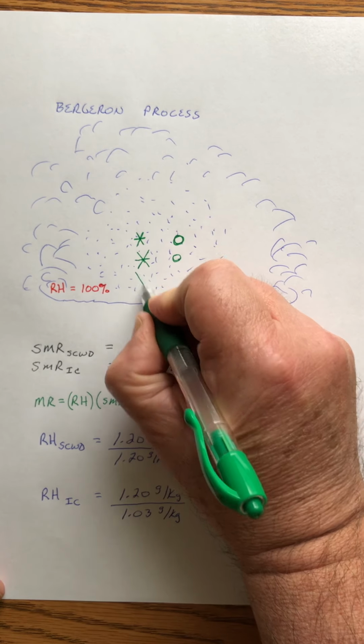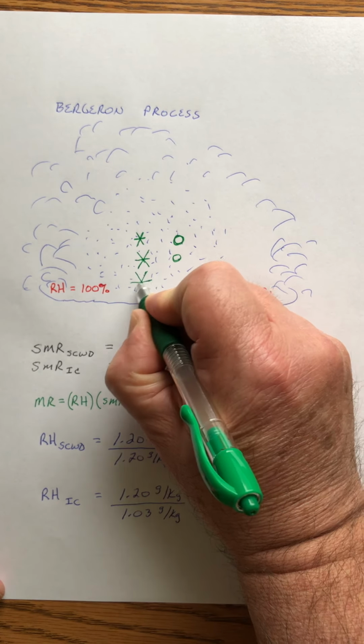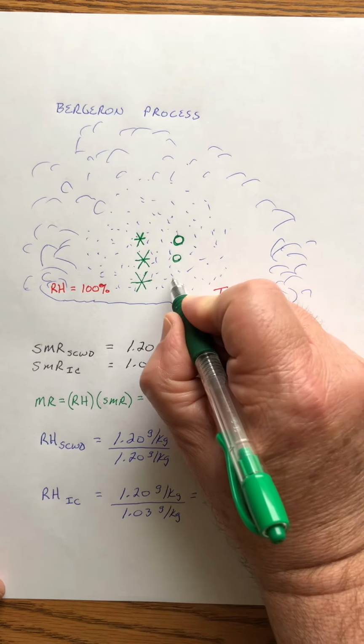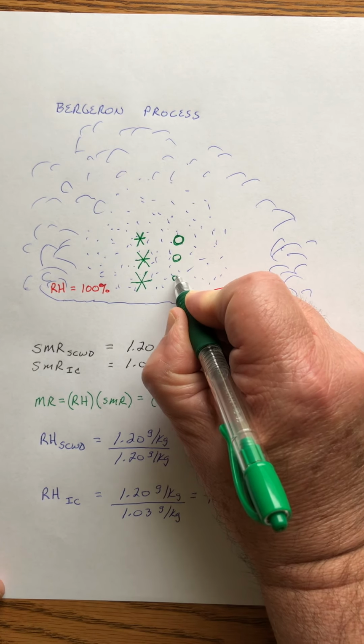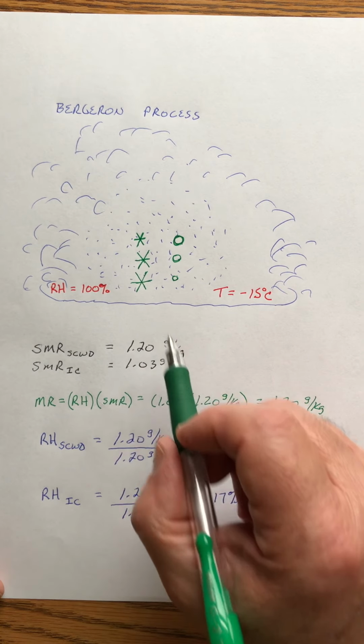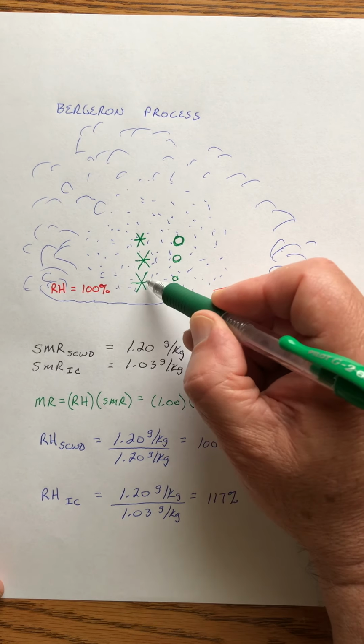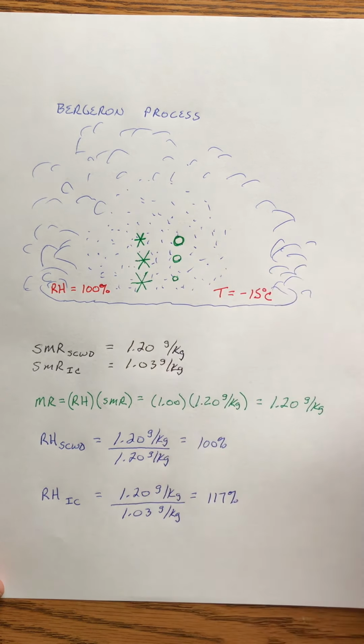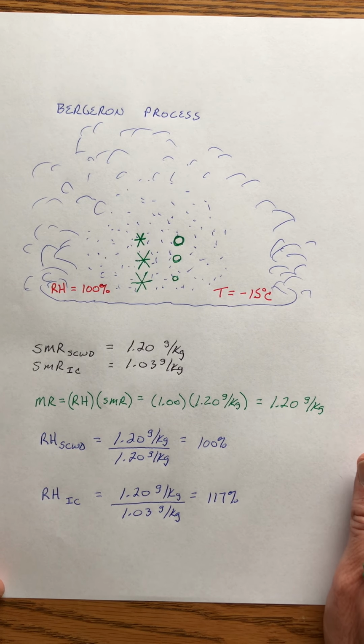Okay, so throughout time, and as the ice crystal falls through the cloud, the ice crystal is going to grow, and the supercooled water droplets are going to shrink. And so eventually, this ice crystal will fall out the base of the cloud,